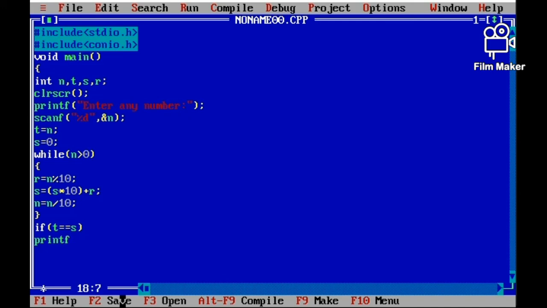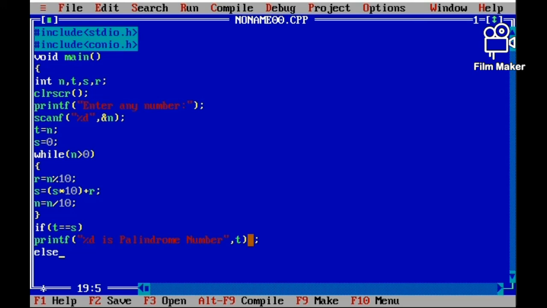Printf, double quotation, percentage d is palindrome number, double quotation, comma t, that variable. Then semicolon, ending of statement.